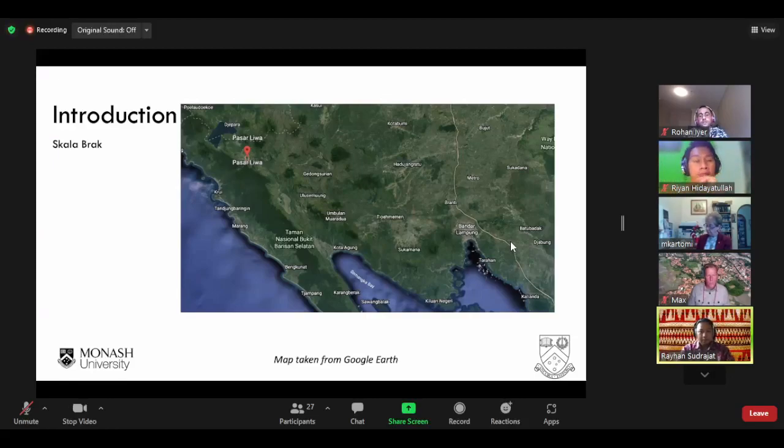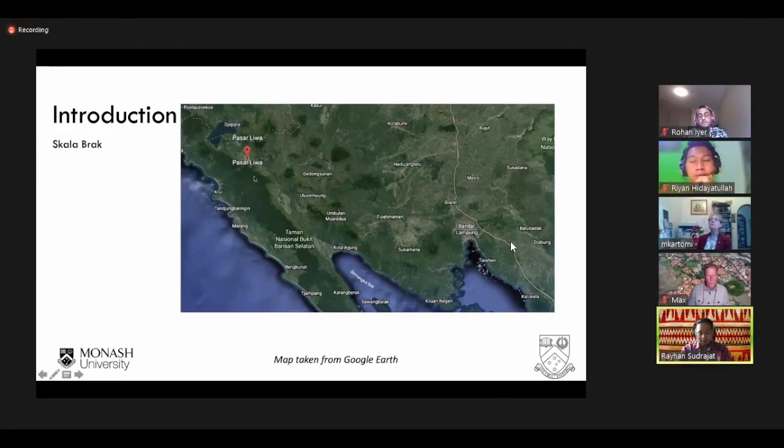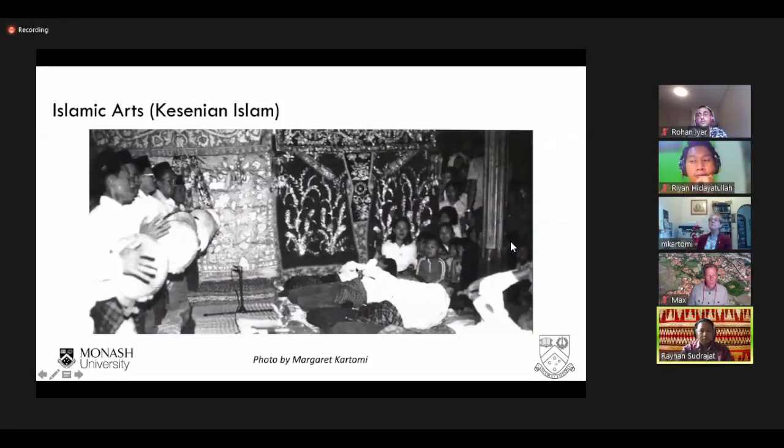So we can see here in the map is the northern part of Lampung, the Liwa area. This is a photo taken by Ibu Margaret Kartomi, and Rohan also mentioned this, like how they lean back in the performance like this. And then for this one in Sekala Beghak, according to legend, some proselytizers came from the nearby Banten Sultanate, which ruled Lampung and tried to counter its pepper trade from the mid-17th to mid-18th century, while others came from West Sumatra, Pagaruyung, to the Sekala Beghak kingdom.